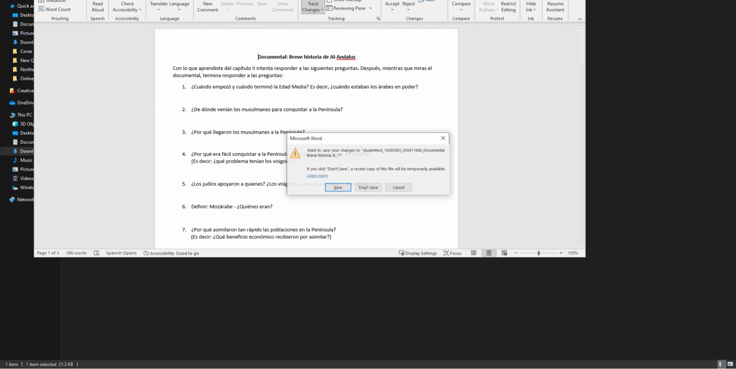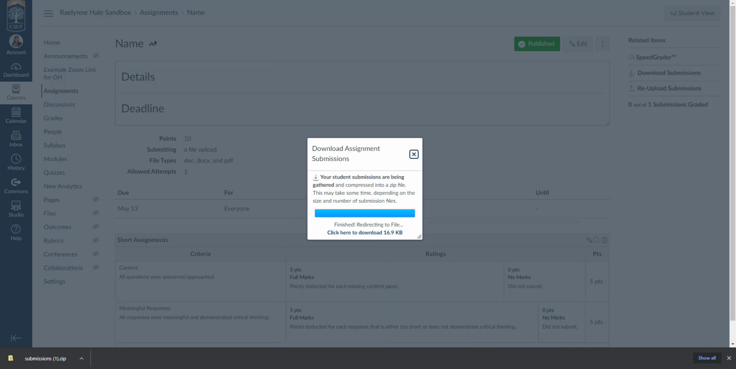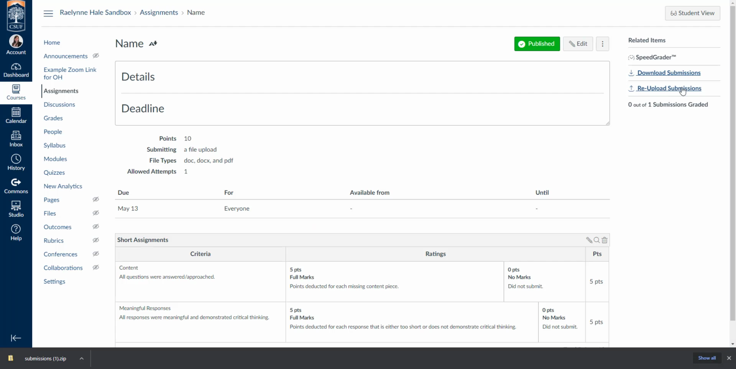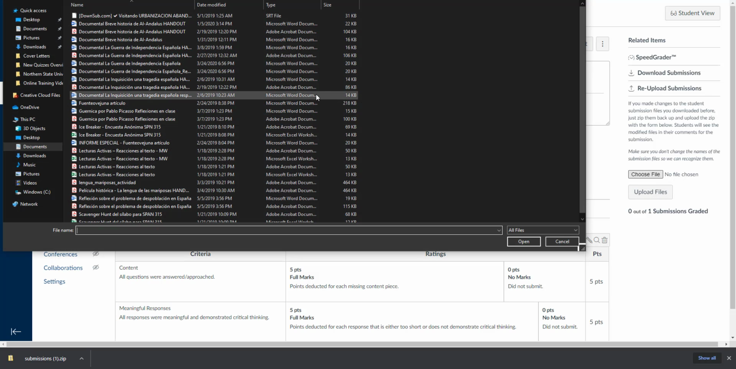So when I exit, I'll want to go ahead and save my changes, and then what I'm going to have to do is I'll zip them all back up, and then you'll notice on my screen I now have a re-upload submission. So if I click re-upload submissions, it will tell you exactly what you need to do and how you need to zip them back up and make sure that the student file names are still the same. And then you can click upload files, and what this will do is it will upload that document right to your